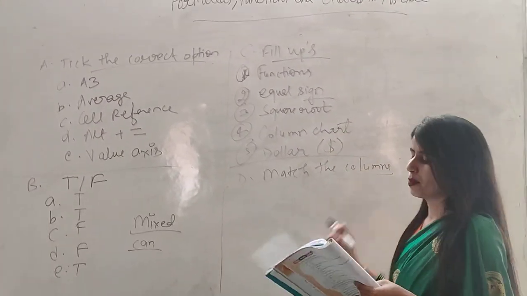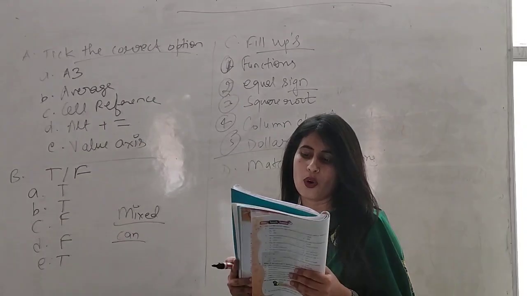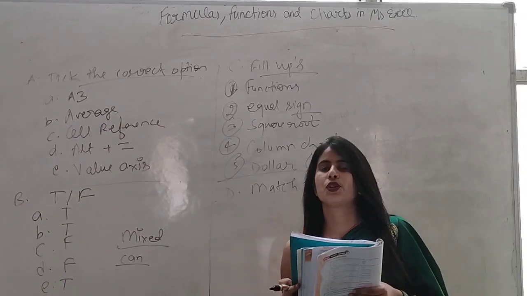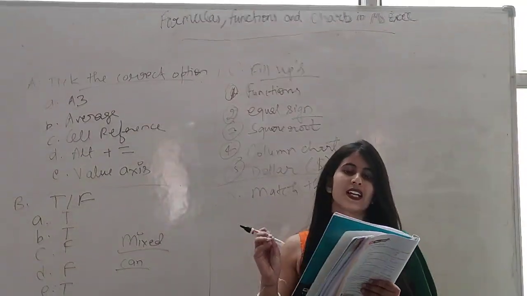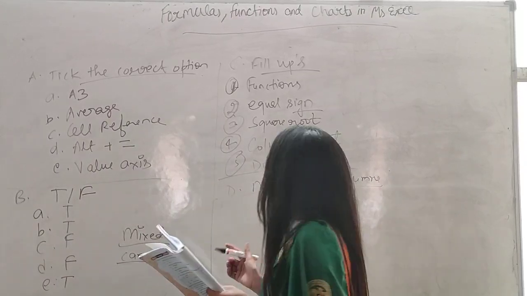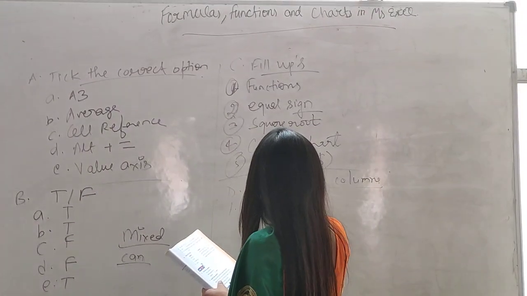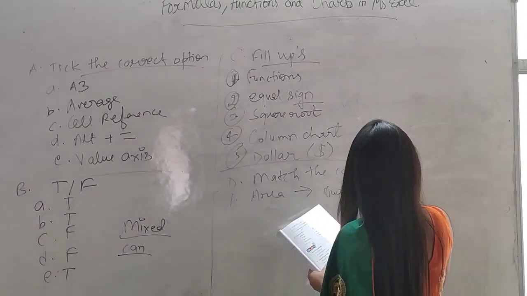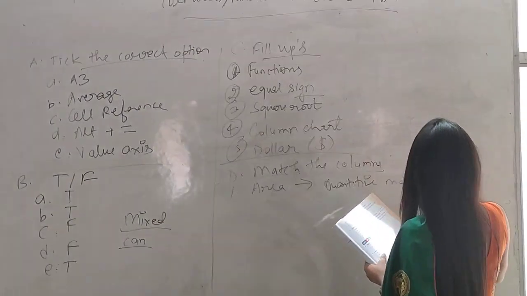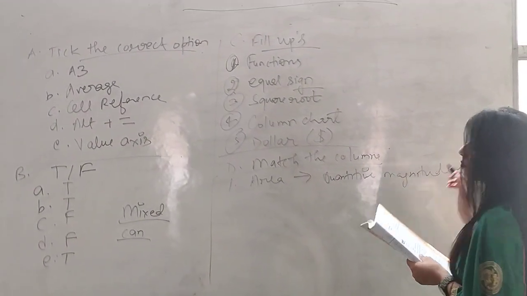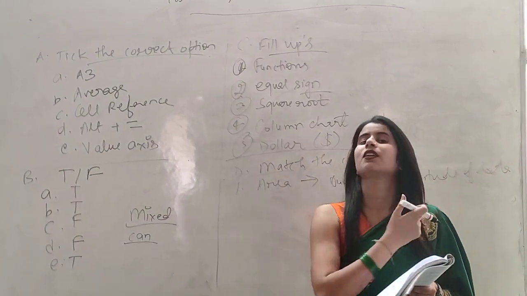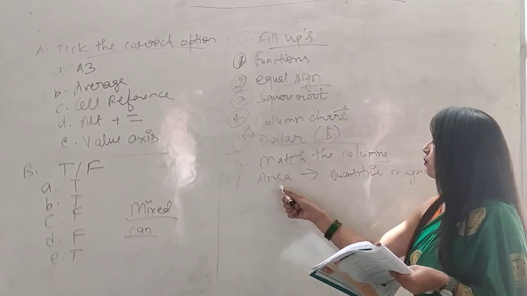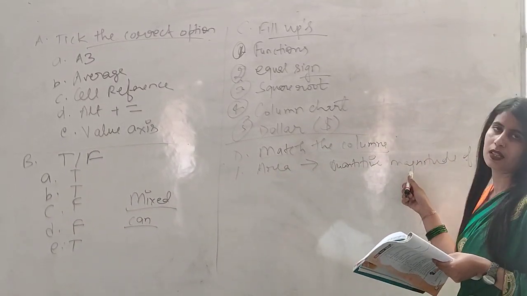Okay. In matchups, the first one is area chart. What is an area chart? We know its definition: an area chart is used to display or represent the quantitative magnitude of data. So you will match the first, area chart, with quantitative magnitude of data. In matchups, you will write the answer in front of the question. You will not draw a match line. In this way you will do it: first question, its answer in its front side.